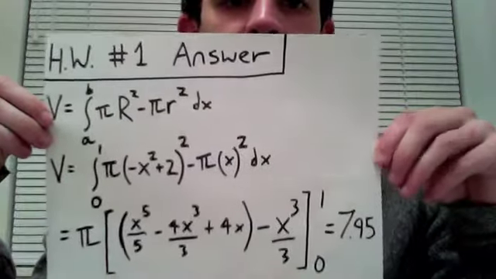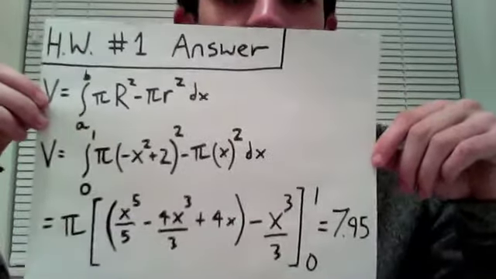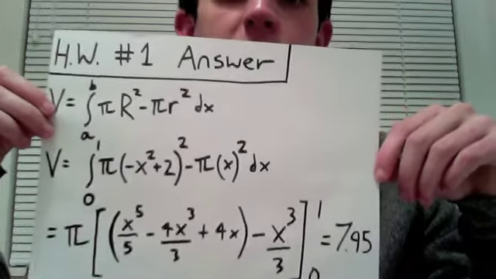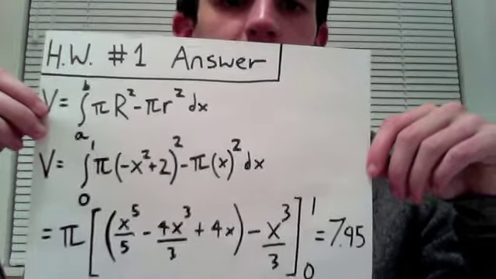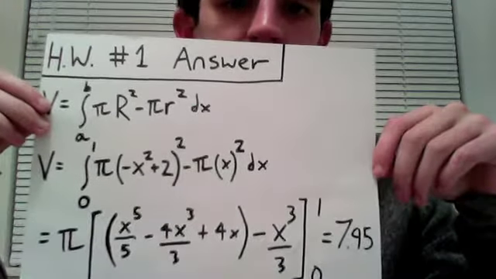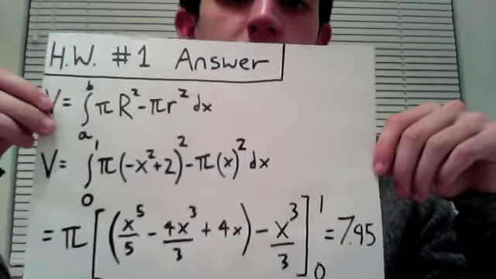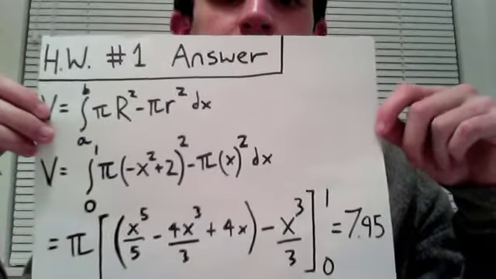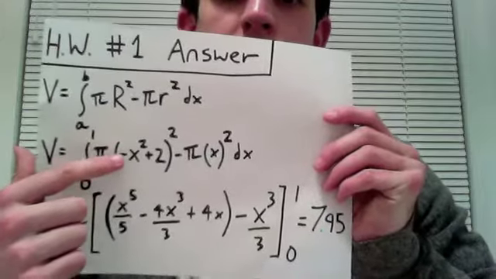So as we know, the volume, when you're using the Washer cross-section method, is the integral from a to b of pi times the big radius minus pi times the little radius dx. So for this, it's going to be from 0 to 1, since they intersect at 1, which is kind of coincidentally really convenient. But it's going to be pi times the quantity negative x squared plus 2 squared minus pi times x squared dx. And it gets pretty messy, so I actually just FOILed out the